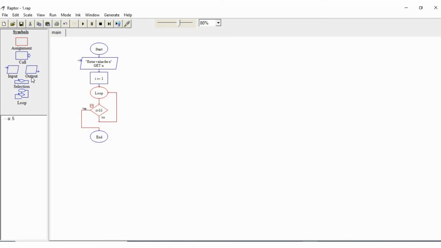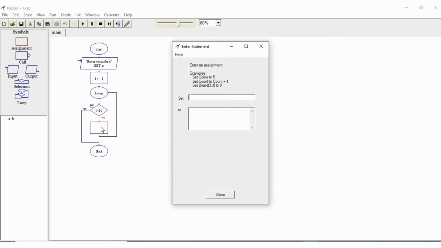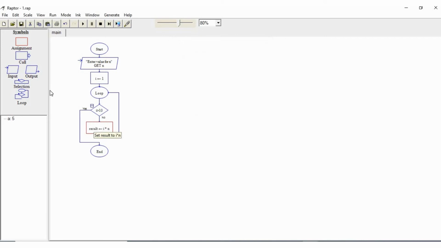So now what I am going to do is calculate a value, right? So let's say another variable result, we can set it as I into n, right? After that we can print the pattern of the multiplication table, right?